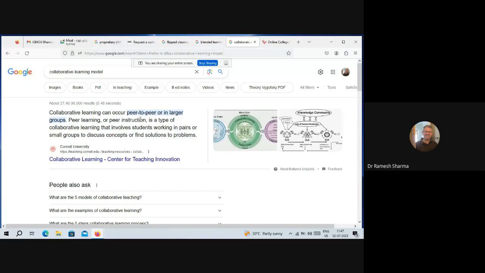So this is here. Collaborative learning can occur peer-to-peer or in larger groups. It is a type of collaborative learning that involves students working in pairs to discuss concepts or find solutions to problems. और जैसे ये मैं आपको एट रैंडम